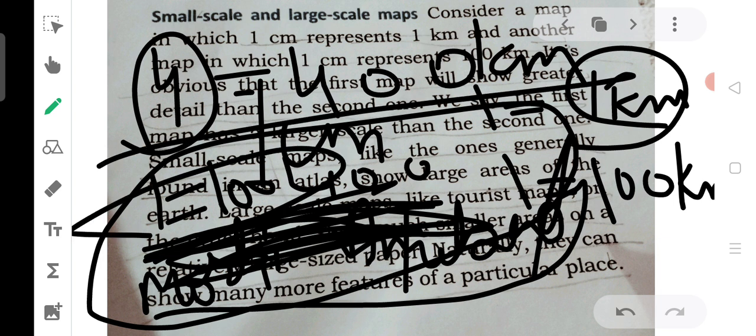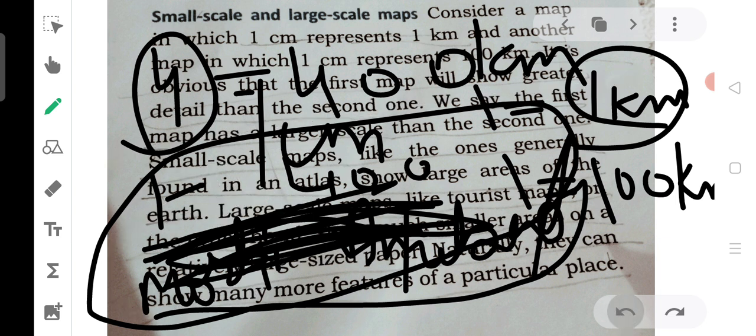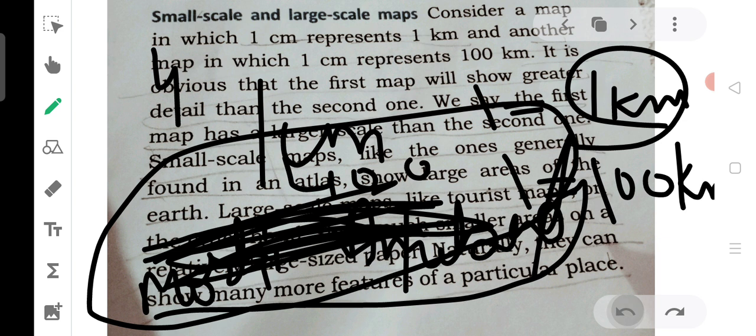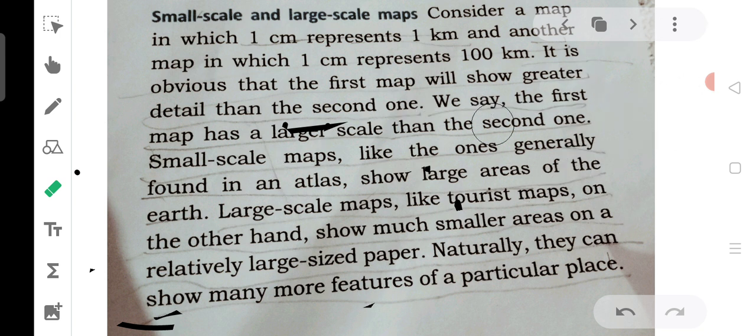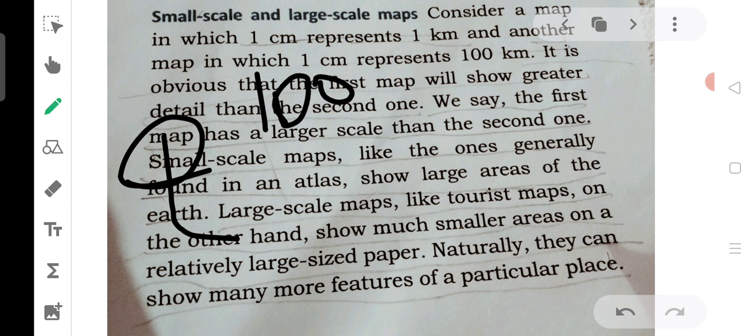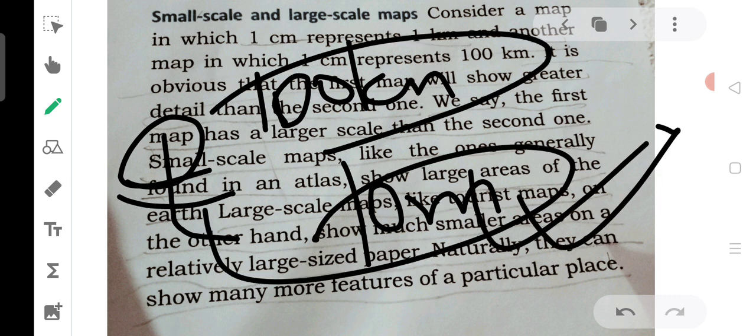If 1 centimeter, from here to here, shows 100 kilometers, and the same distance shows 10 meters on another map, it means this 1 centimeter equals 10 meters. This one is showing more details and this one is showing less details.